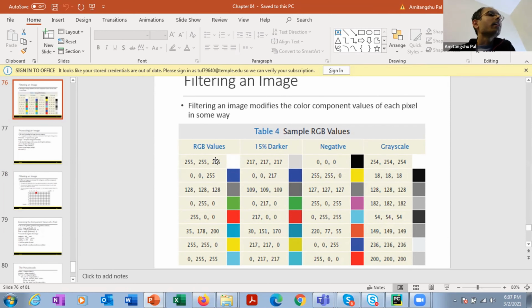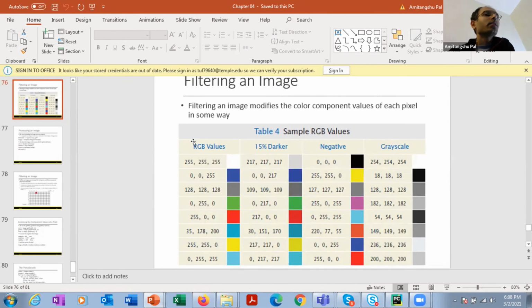So by mixing three colors, red, green and blue, in different intensities, we can make any color. For example, if we mix all these three colors with highest intensity, we'll get white. Or if all these three colors are mixed with zero intensity, that means none of these colors are present, then we'll get black.